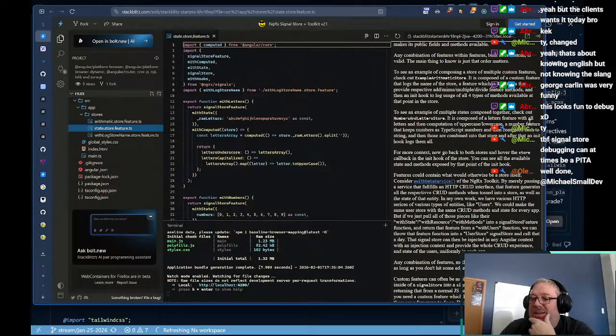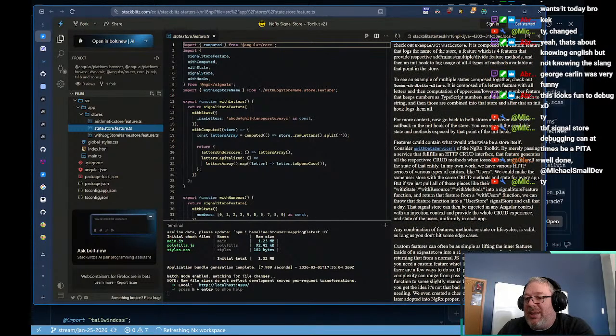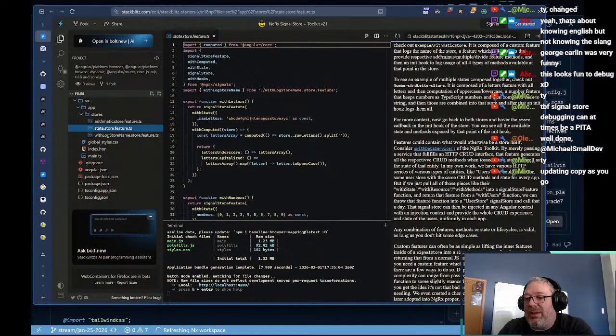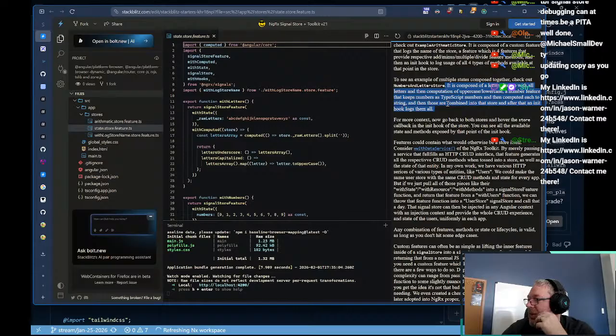It is composed of a letters feature with all letters, and then computation of uppercase, lowercase, a number feature that keeps numbers as TypeScript numbers, and then computed to each string, and then those are combined into that store, and after that, an init hook logs them all. One thing I would suggest, and this is something that I've learned recently, this sentence is good, but it might be better to just have like a bulleted list, right? It is composed of a letters feature, this, and this, because that's easier for people to